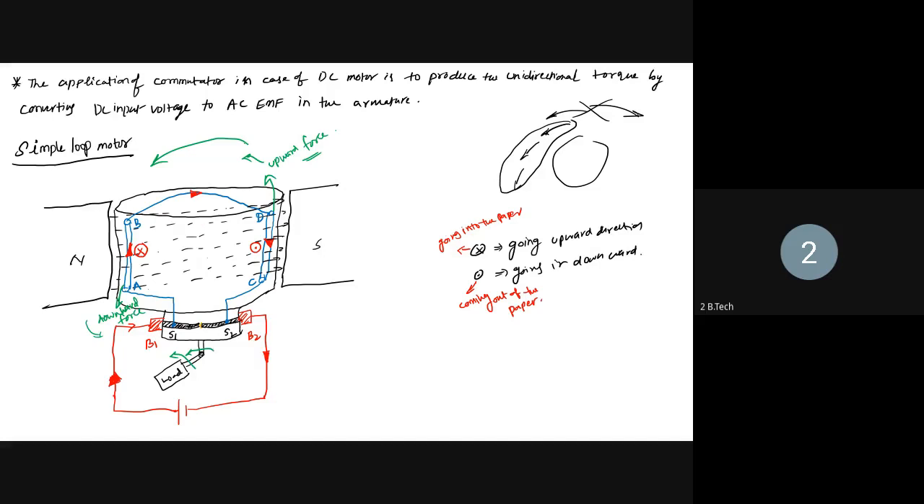So this will be the resultant direction of the rotor rotation. Rotor rotation. So like that, you will get the